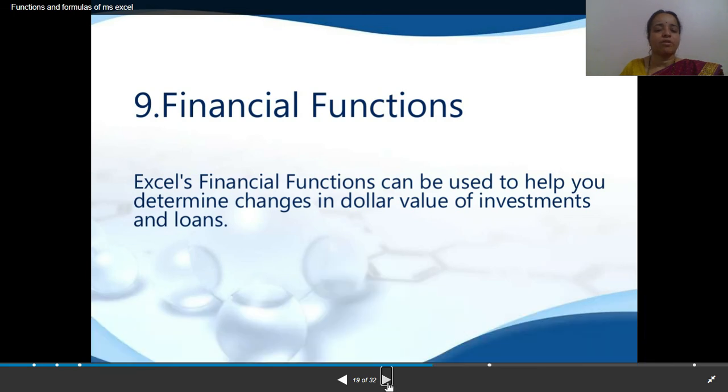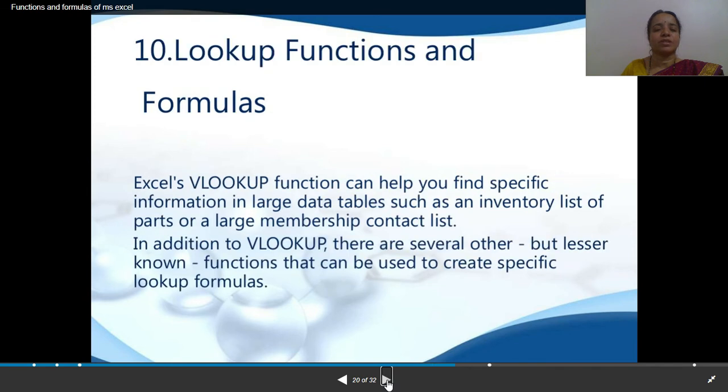Regarding formulas, you will get those in financial functions. And lookup functions and formulas. The VLOOKUP function uses specific information from a large data of values. You can search the values using the lookup functions.